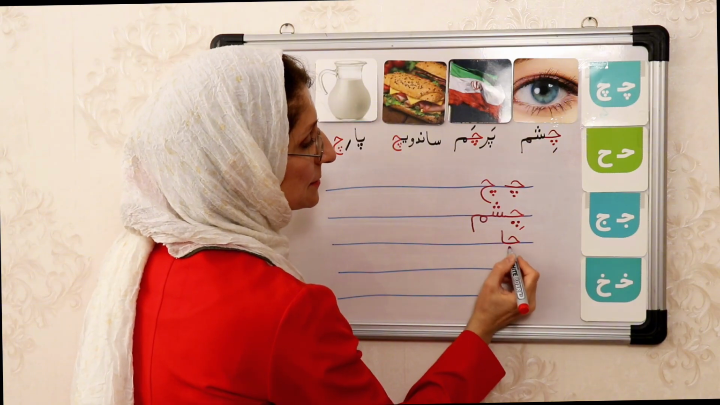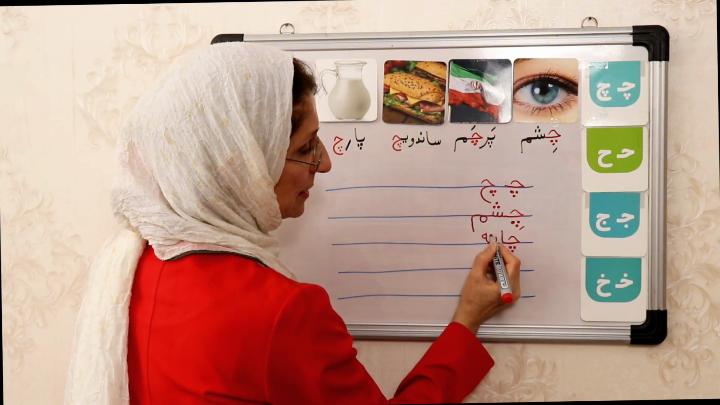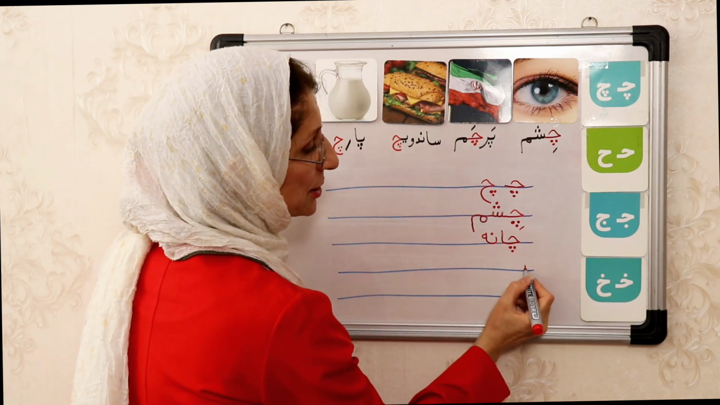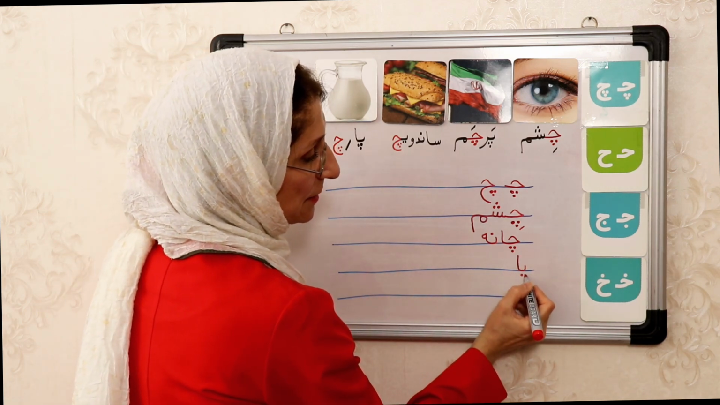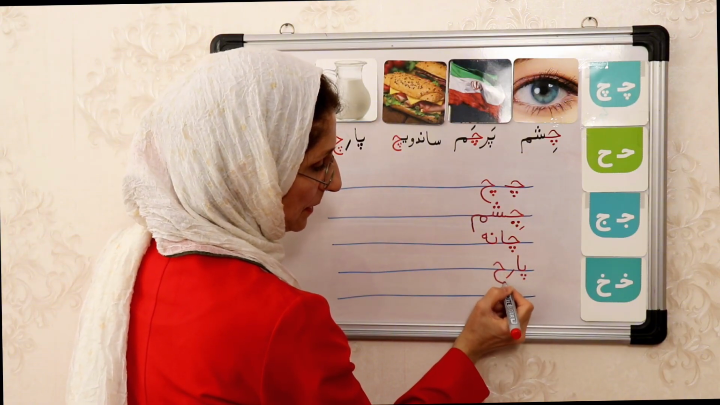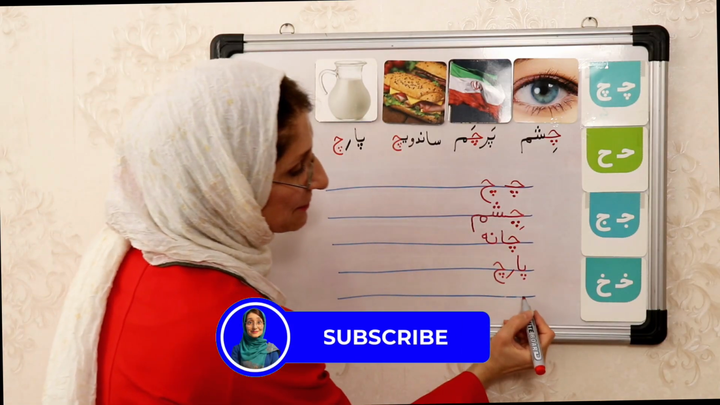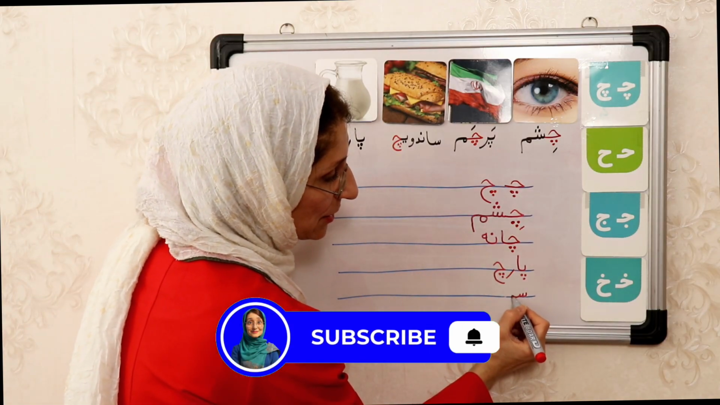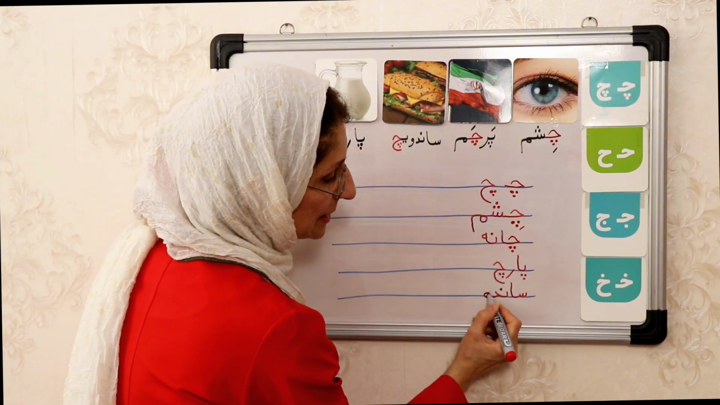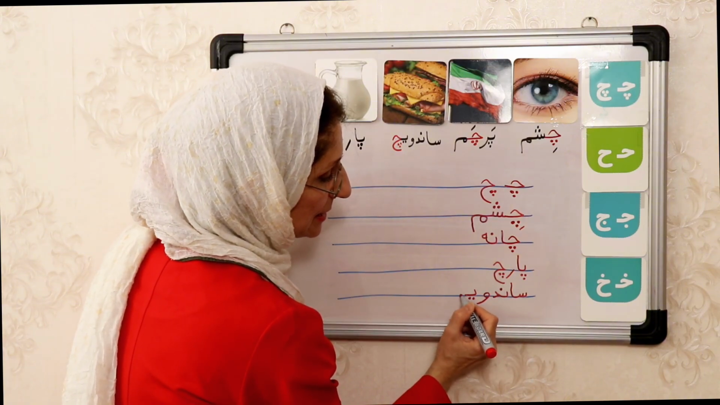Then one line write چانه, چانه. One line write parch, parch. And the last word sandwich, with the V sound that we learned,